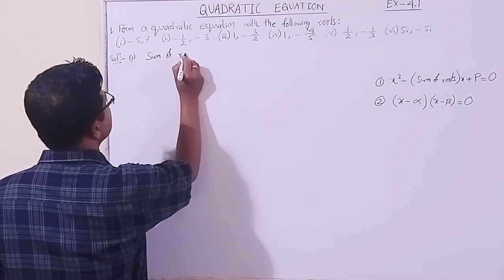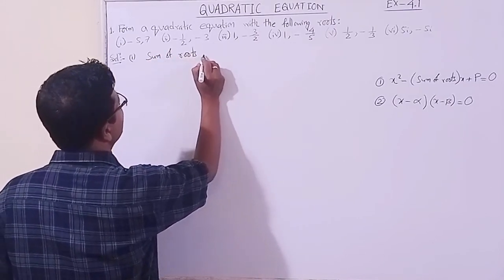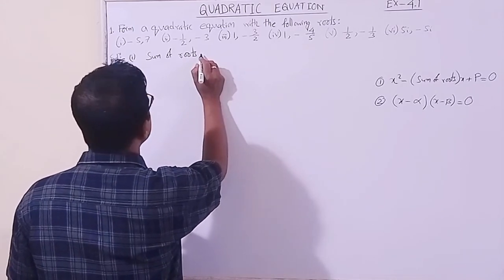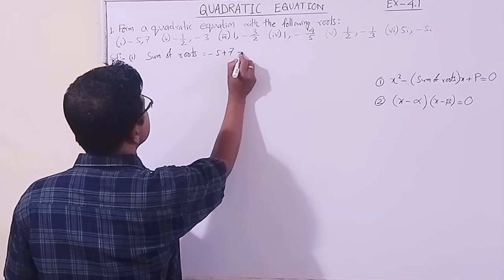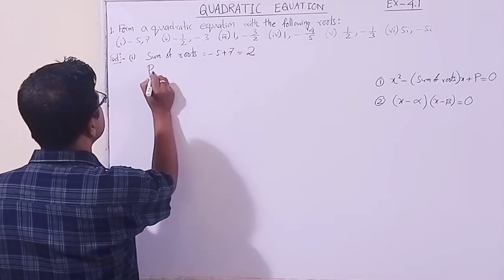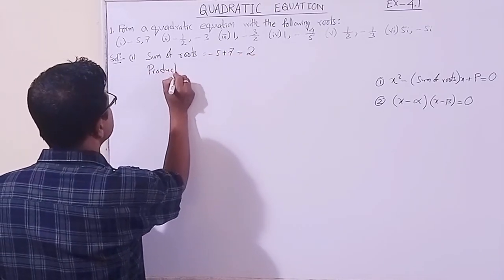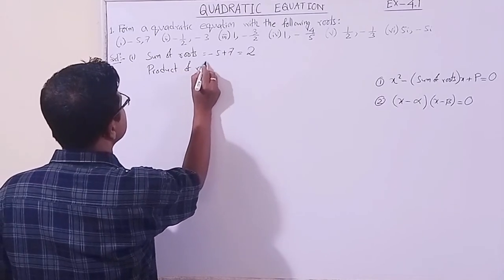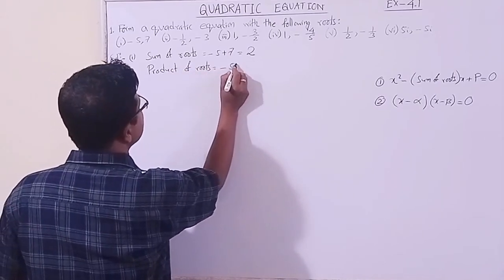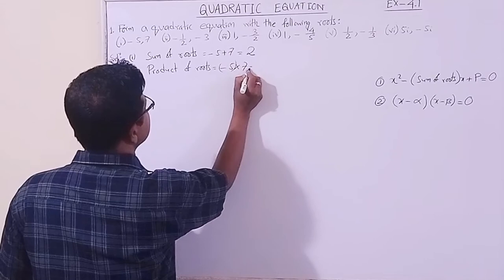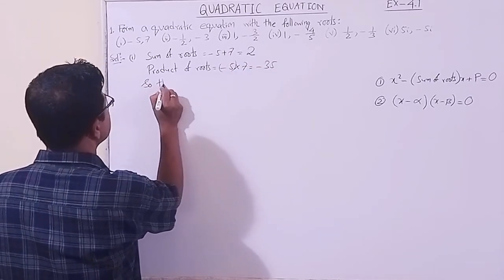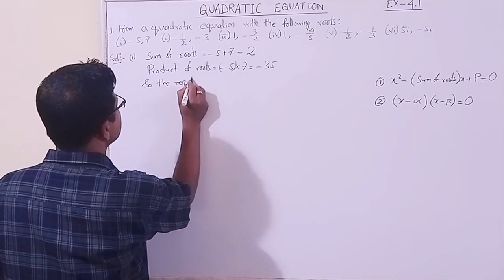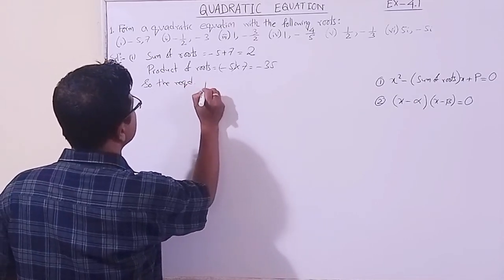Let us take the sum of the roots. Zeros we say in a quadratic polynomial. Sum of roots equal to -5 plus 7, which is equal to 2. Product of roots equal to -5 into 7, it is -35. So the required quadratic equation is